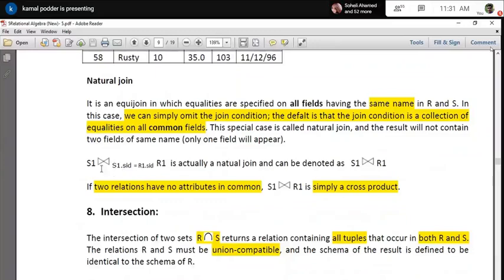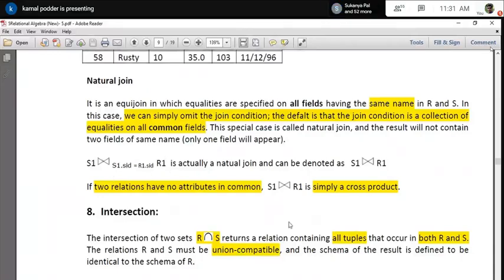So naturally I use that, but if you closely look into it, it is as good as writing this, because both field names are common in both tables. So it is nothing but a natural join. I can also write it that way, but then it does not indicate whether it is joining only based on this or on other common fields available in that relation. That is the reason it is always better, although it is a natural join, to write it in this way. It is always better.